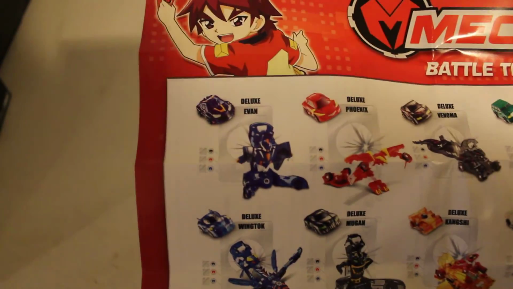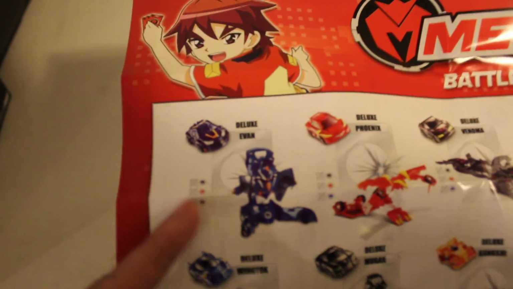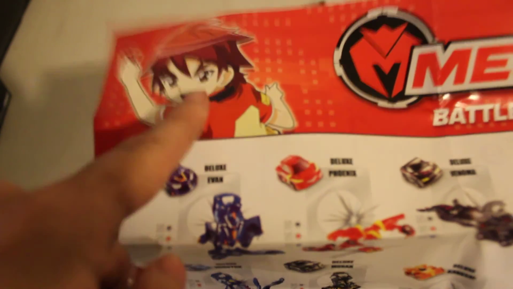Now let's see all the different cards, and each card there's 3 factions for each card. So there's, you know, Evan, which actually goes to this character. This character actually owns Evan. Then you have